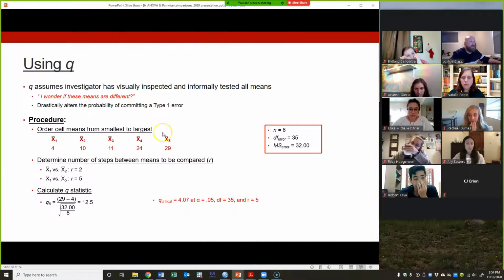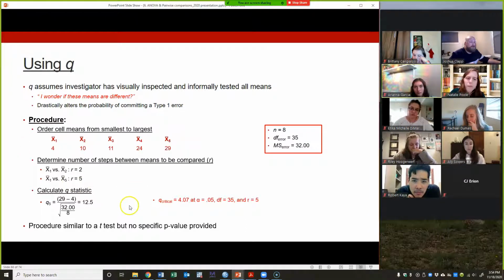For the classic Tukey procedure, my critical value gets bigger depending on how far away those means are. So with this procedure, I have a different critical value for each one of these comparisons. Again, similar to a t-test, but with Tukey's classic procedure, what we've got is a different critical value